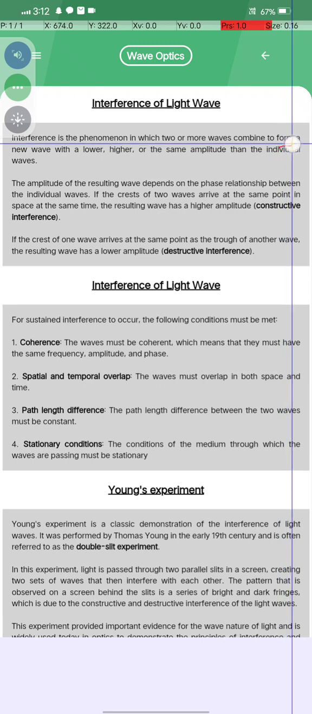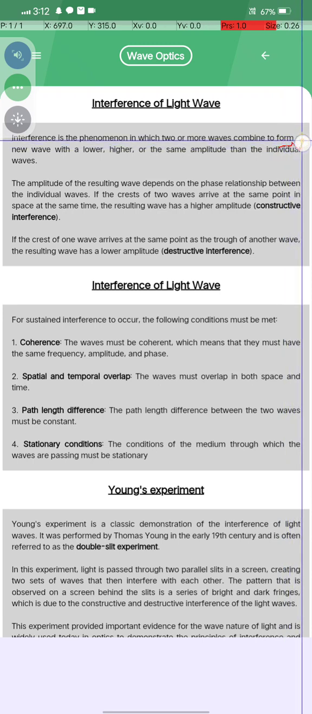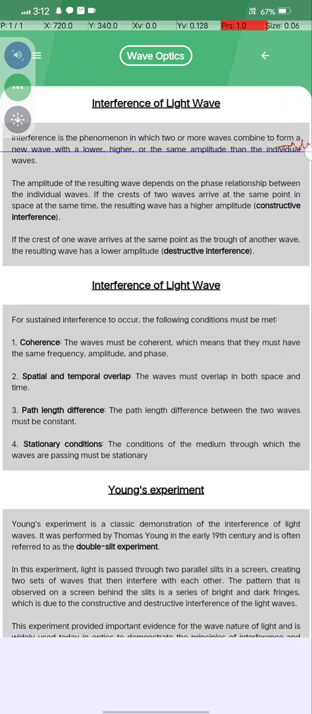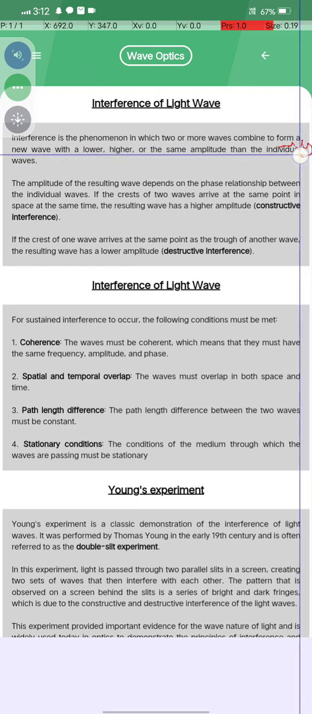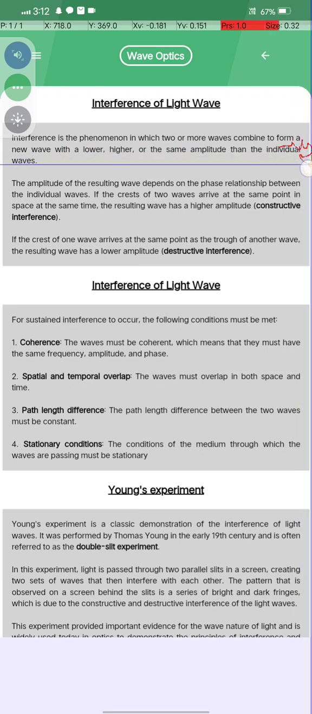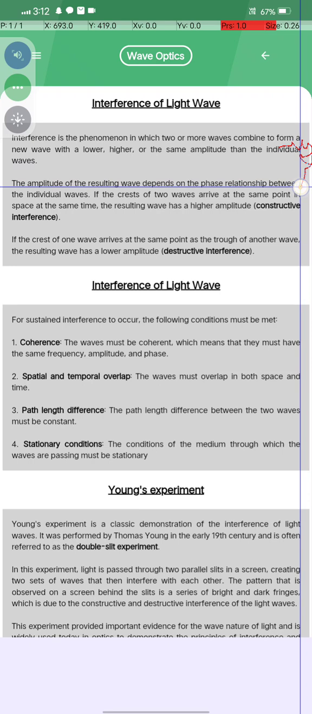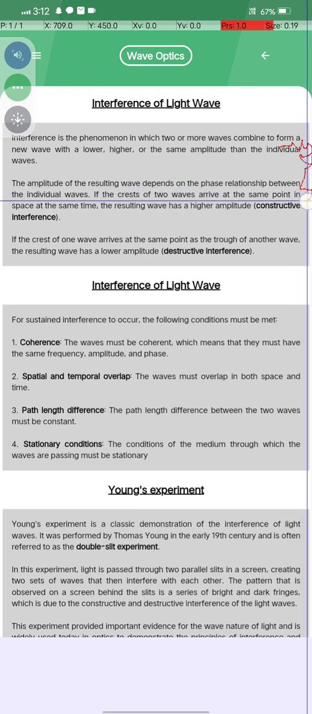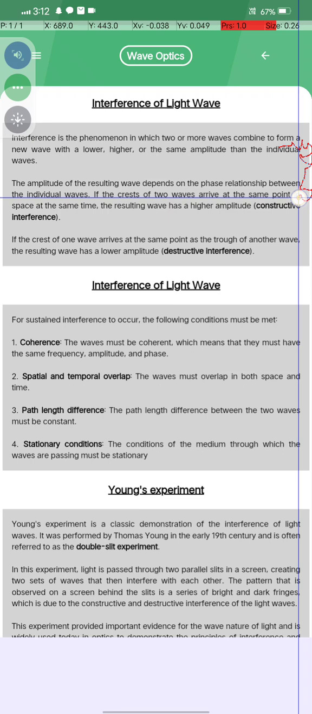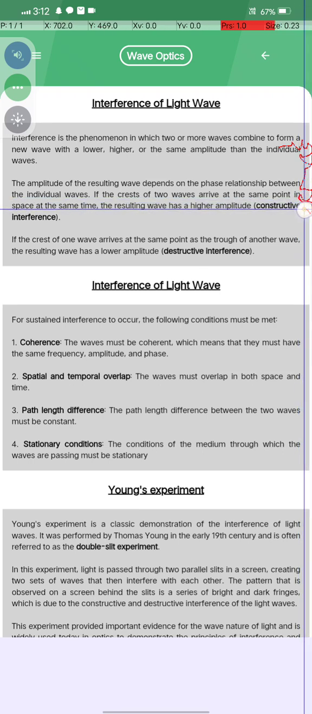Interference is the phenomenon in which two or more waves combine to form a new wave with a lower, higher or the same amplitude than the individual waves. The amplitude of the resulting wave depends on the phase relationship between the individual waves. When the crests of two waves arrive at the same point in space at the same time,